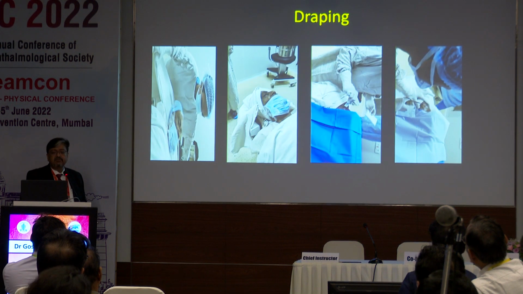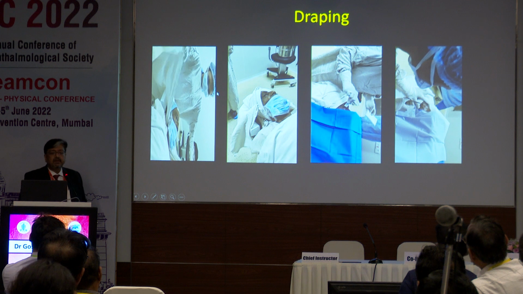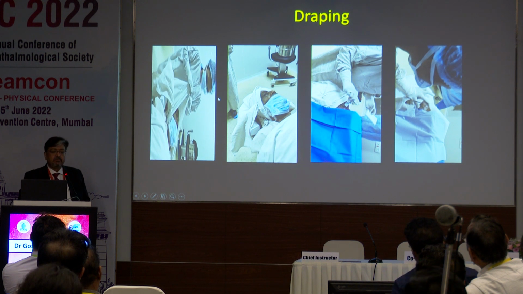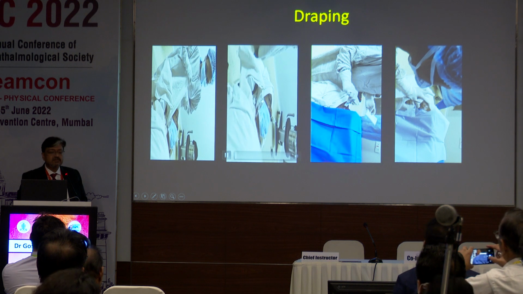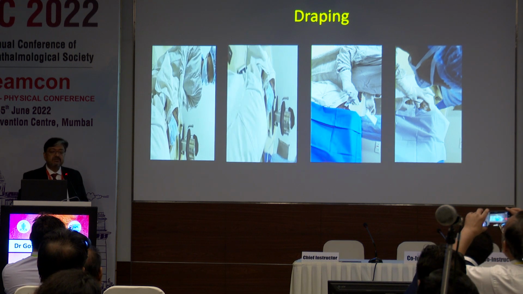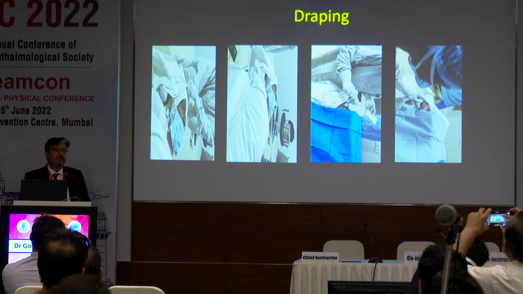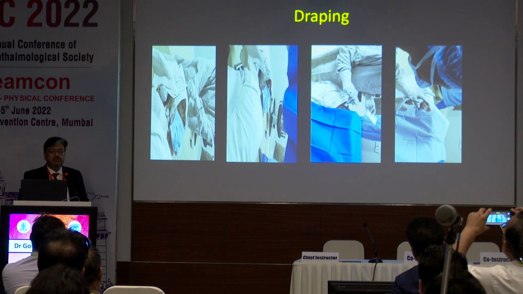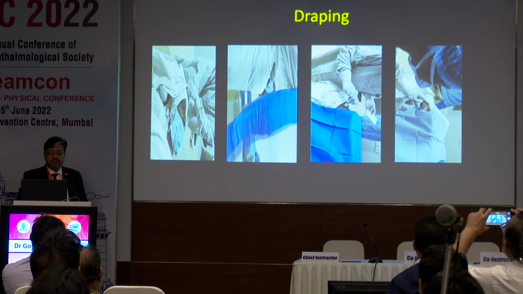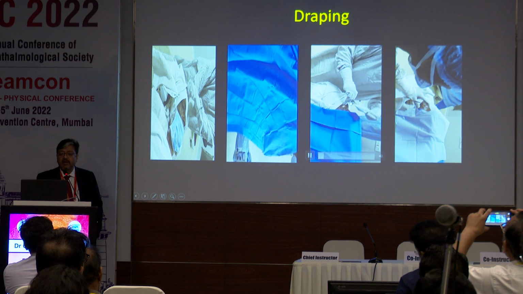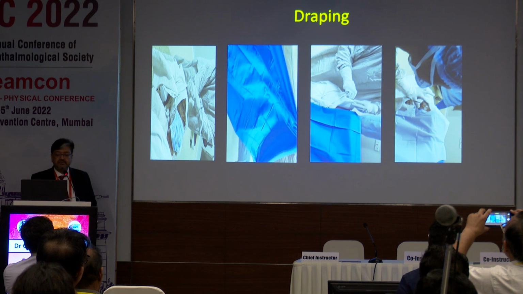So of course we have the standard method of draping, and I think all of you know how it's done, so I'll just skip through this more or less. But an important thing to understand is if you have a situation where the patient has a breathing problem, it would be nice to have a tent over the face so that the tissue or cloth falls over the nose area. And finally, of course, the draping of the eye is done with a sterile drape,